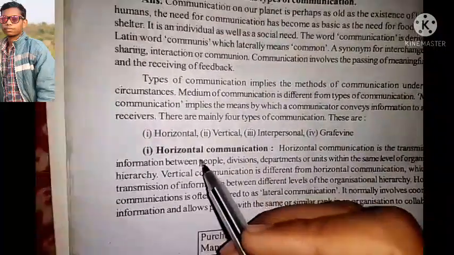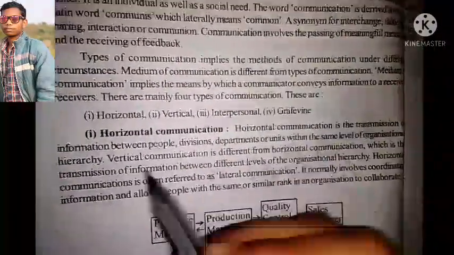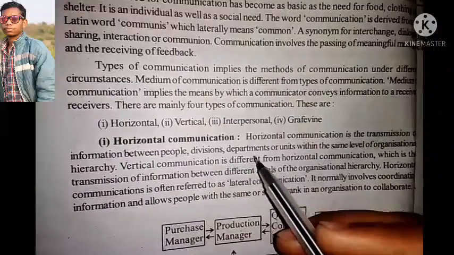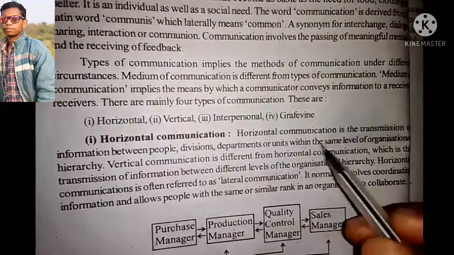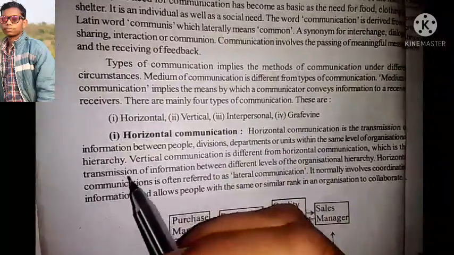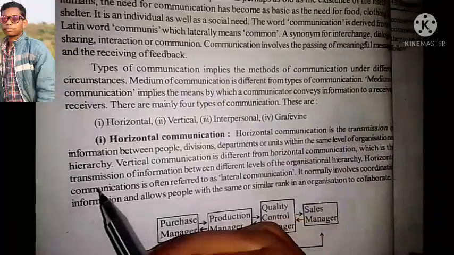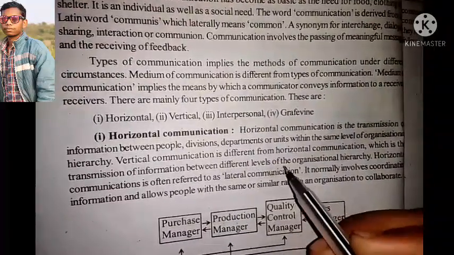Today we discuss horizontal communication. Horizontal communication is the transmission of information between people, divisions, departments, or units within the same level of an organization. Vertical communication is different from horizontal communication, which is the transmission of information between different levels of